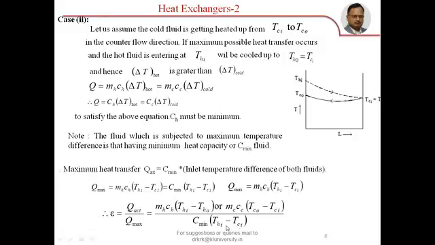We know THI and TCI, the inlet temperatures, and if you know effectiveness, you can determine the third temperature. Once you know the third temperature, using the fundamental equations Q equal to MHCH delta TH equal to MCCC delta TC, you can determine the fourth temperature. Once the fourth temperature is known, using LMTD you can determine area, etc. You can go back to that method. So the objective of this effectiveness NTU method is first to determine the